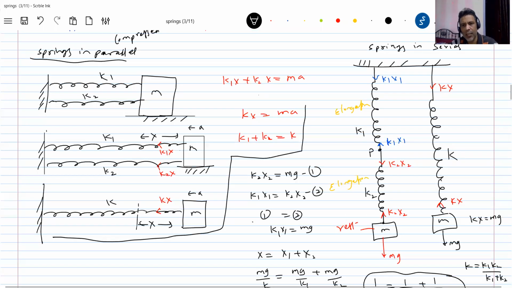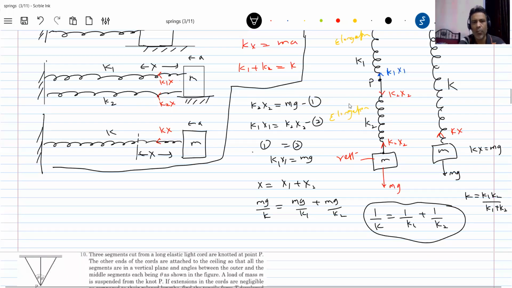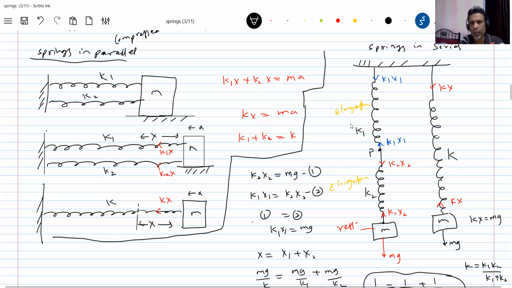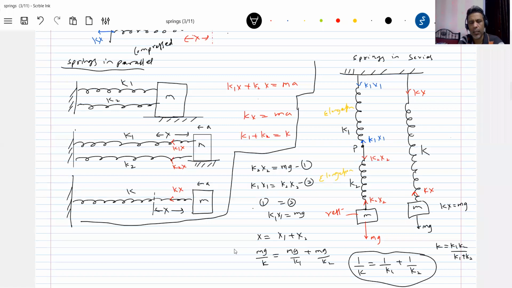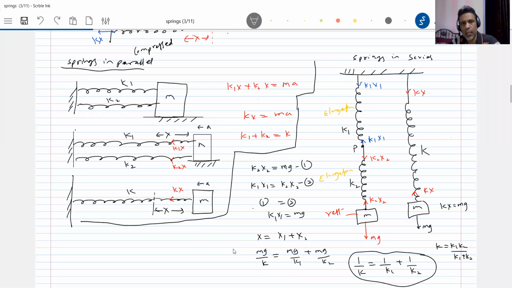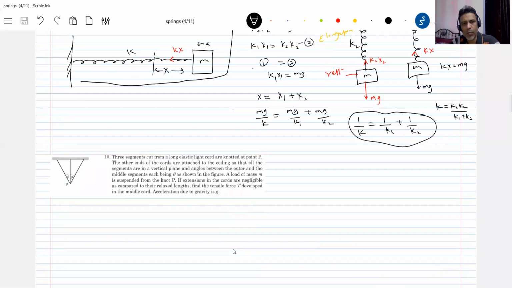Like this, series and parallel combinations of springs will be replaced by one. So why are we bringing this idea? If there are many springs, how do we replace them with an equivalent one? There's one formula we are going to take help of. In numericals, we will apply it in totally different conditions.